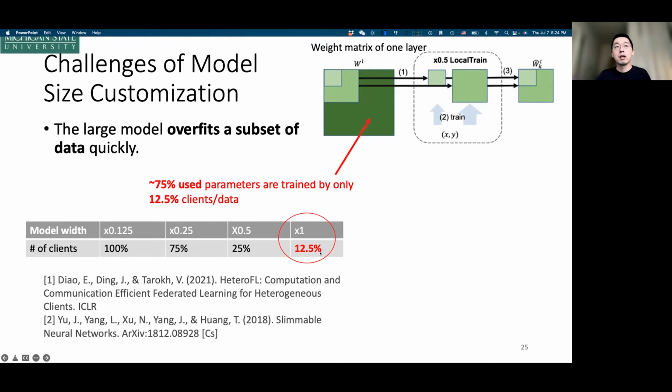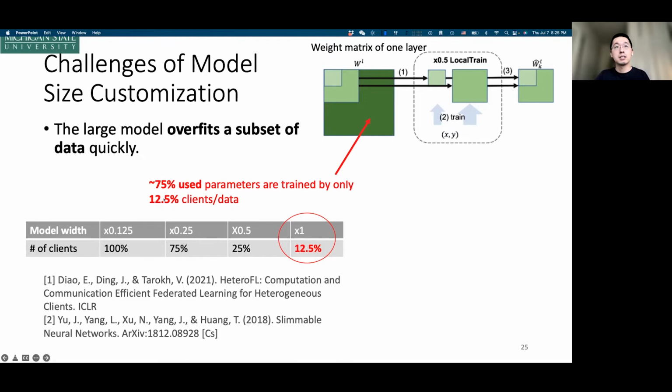That means, since we uniformly split the data, it's only 12.5% of the whole dataset. This is a very small subset of data, and we also noticed that this results in almost 75% of the used parameters not being well trained.